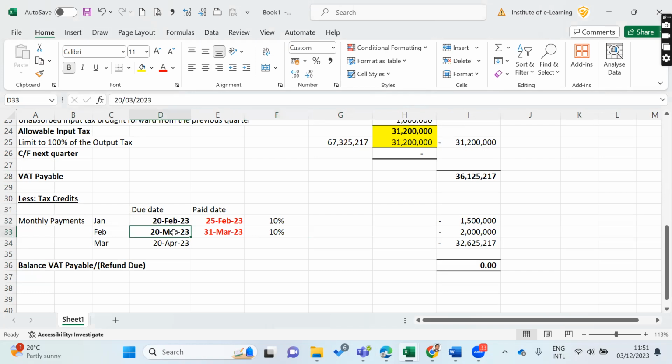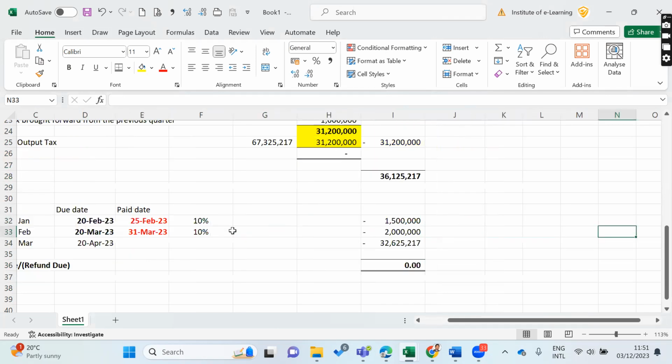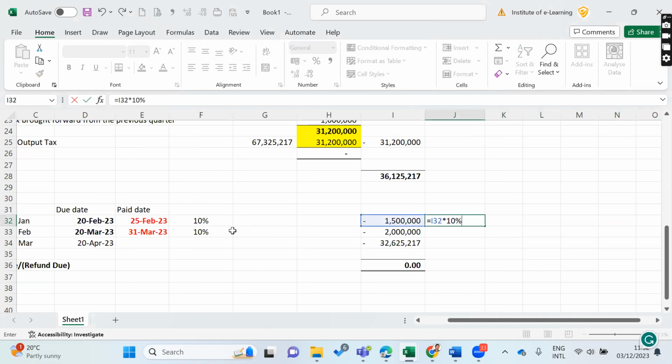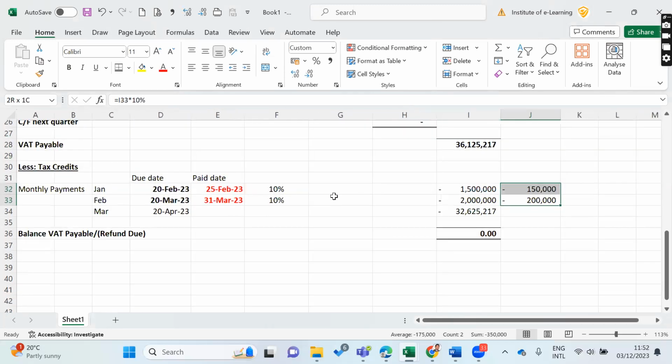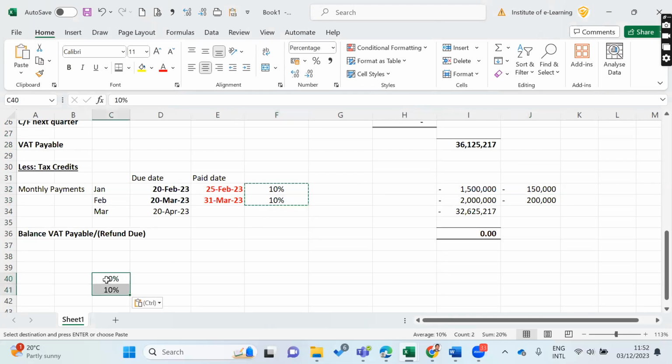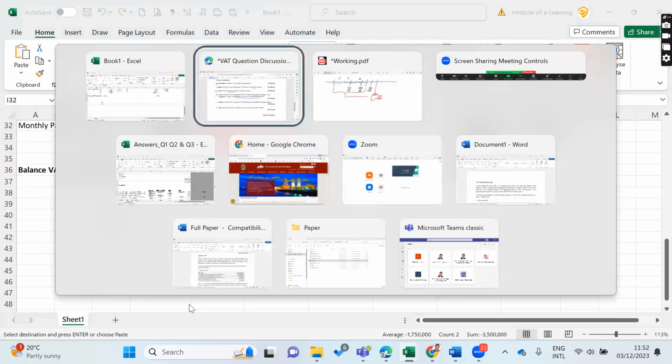Then March 20th was the due date, March 31st they have made the payment, right? Then 10% would be the penalty. Then you should be able to mention that. Then the 10% penalty in the sense, here penalty would be this one. You have to pay altogether 350 penalty, right? Hope it's clear, right? Penalty would be 10%, 10% penalty on the VAT payable. Right. Then the next question,